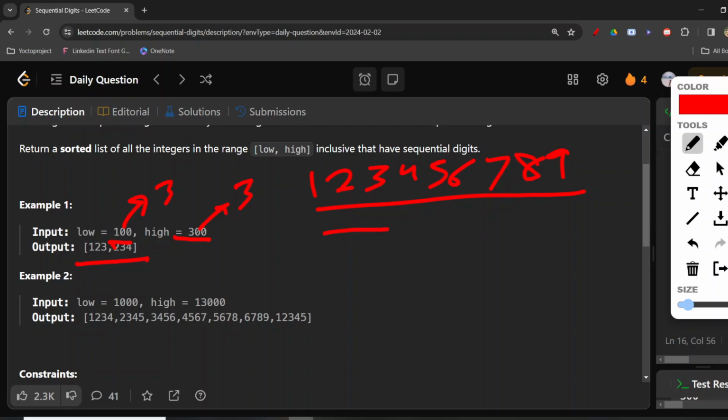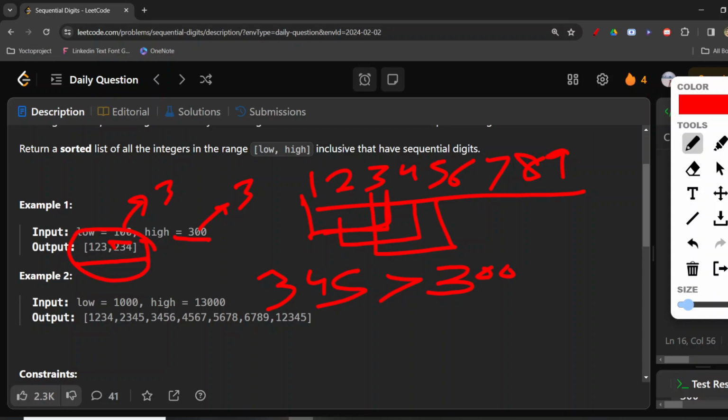So 1, 2, 3 is one of them. Then 2, 3, 4 is one of them. But if we go to 3, 4, 5, right, then it is higher than these, 3, 4, 5 is basically greater than 300, right? So that's why we have just these two as the answer. Now we check for the part, means the